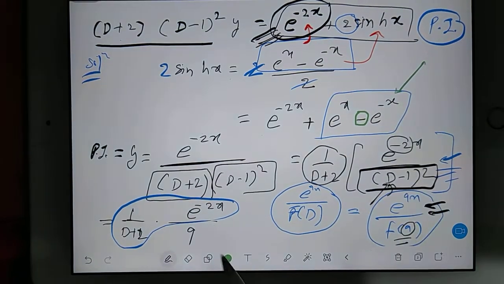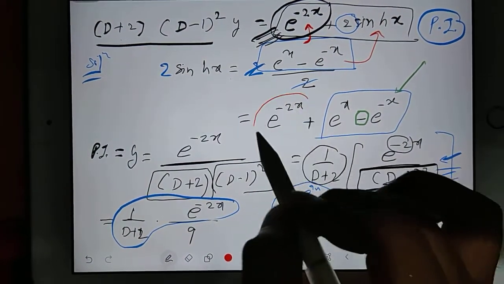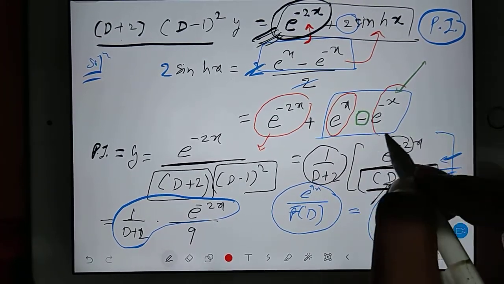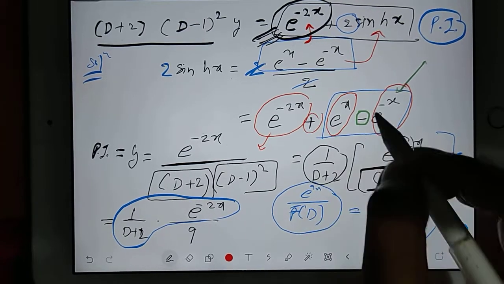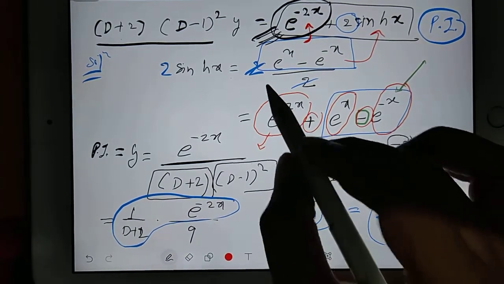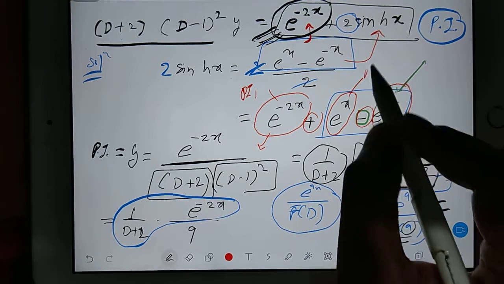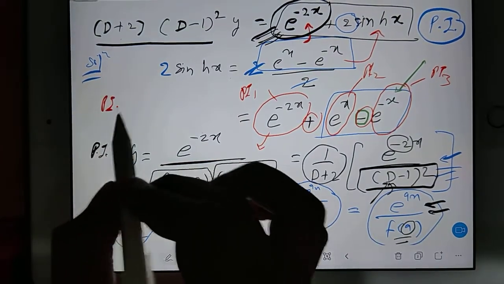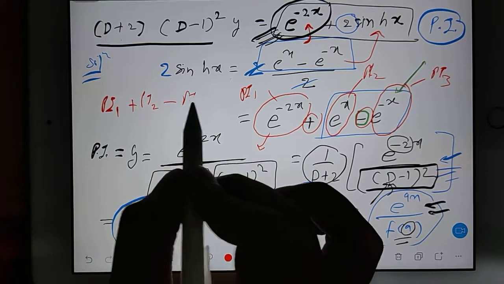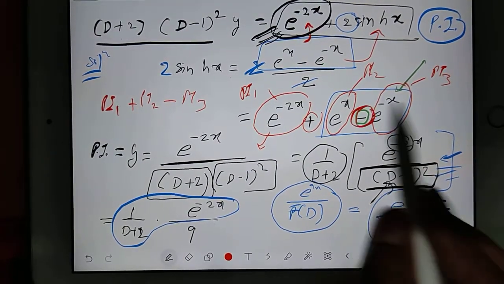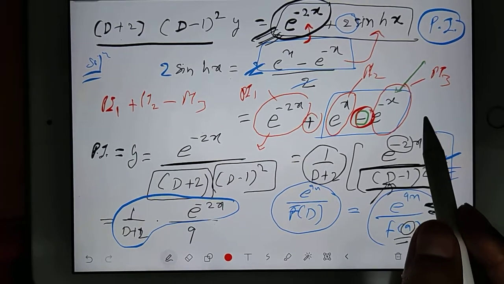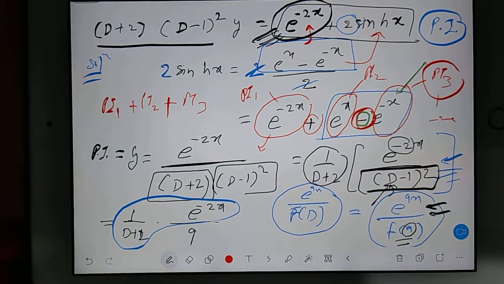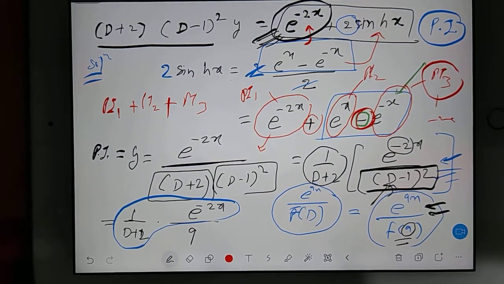This negative sign is, see, actually, you do like this. Find out pi for this, and find out pi for this alone. Then you arrange with their signs also, no problem. You are getting pi1, pi2, pi3. Then your final answer will be pi1 plus pi2 minus pi3. Simple, because of this minus sign. And suppose if this pi3 itself is coming negative, then this will make the answer positive.